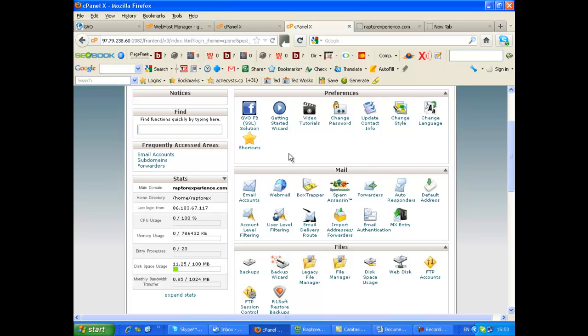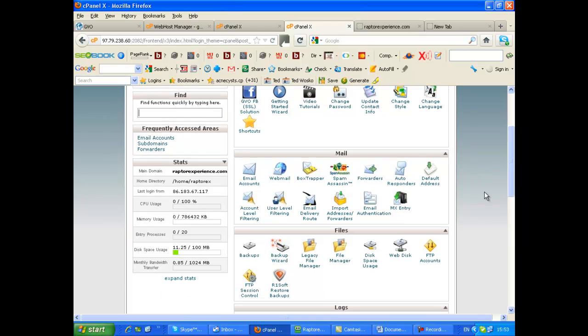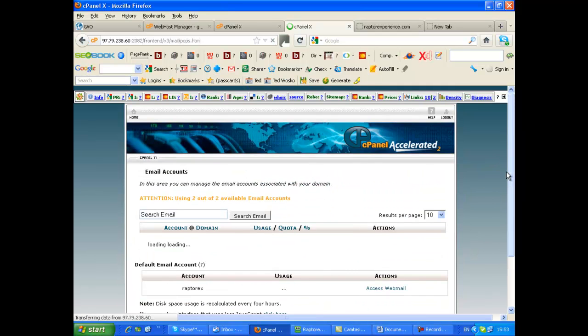Right, the first thing while we're here, what I like to do is change the email accounts as well. So what we're going to do is press on this icon here where it says email accounts. It can be anywhere in this dashboard because they're not all the same. The setups are a little bit different, but you'll find the icons somewhere in here. So anyhow, we'll press on there to begin with,